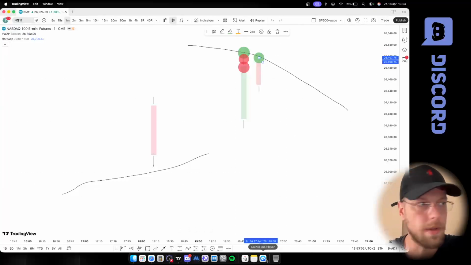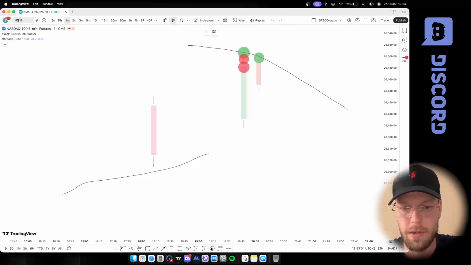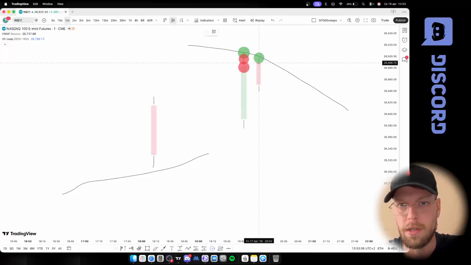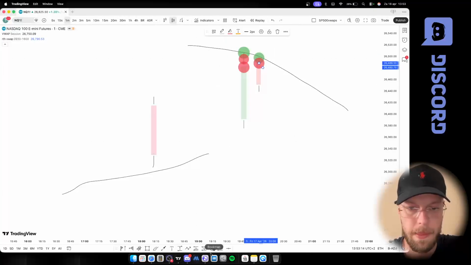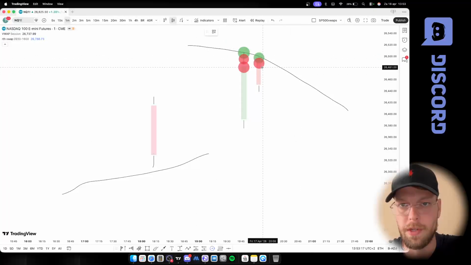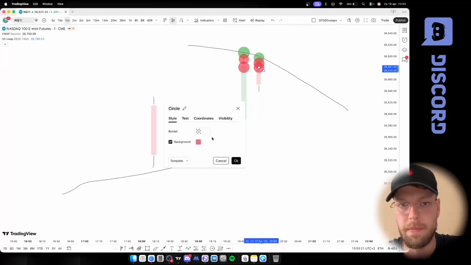Just a random drawing, but you will see this in the chart, of course. And so just one last one, not very interesting, but if we see this kind of